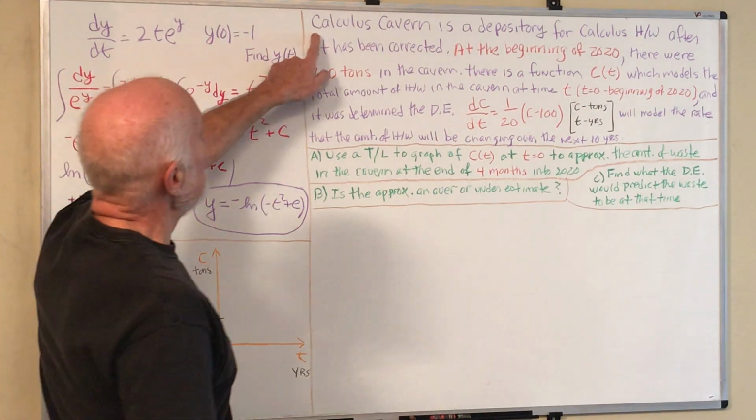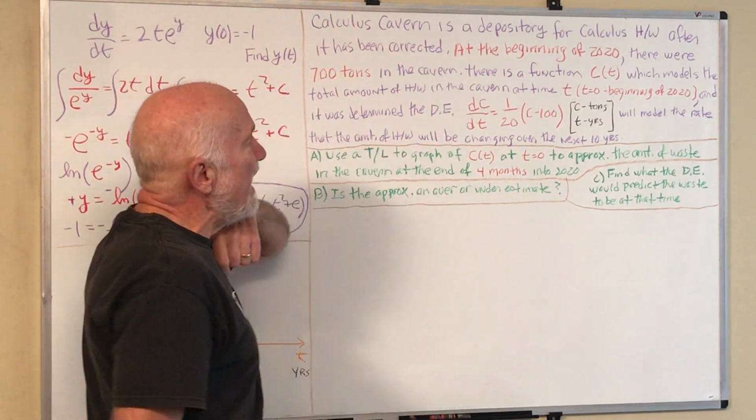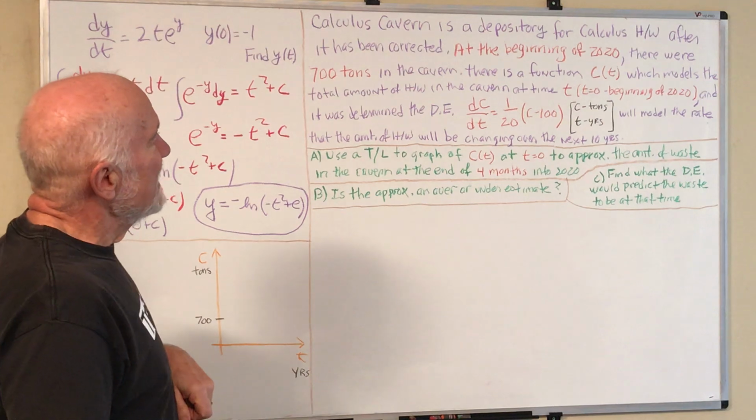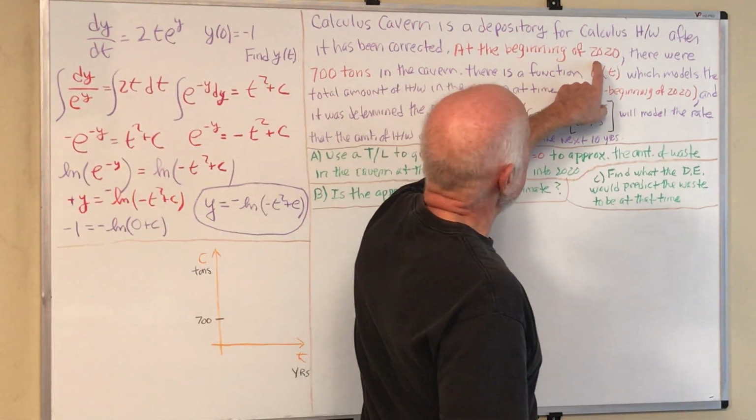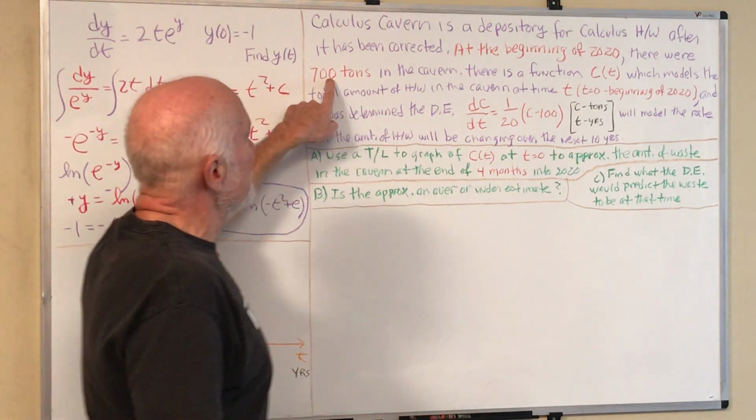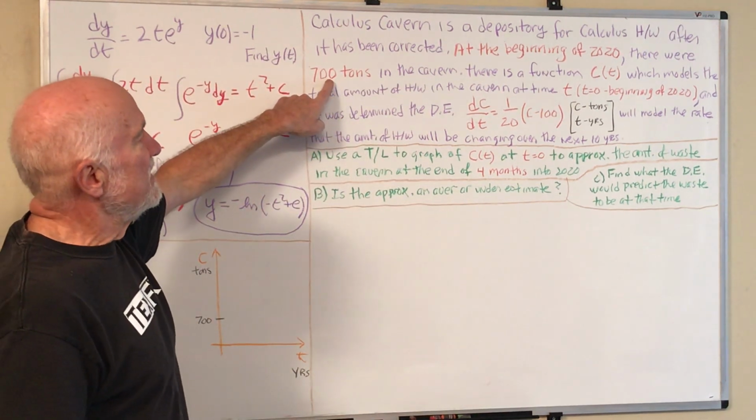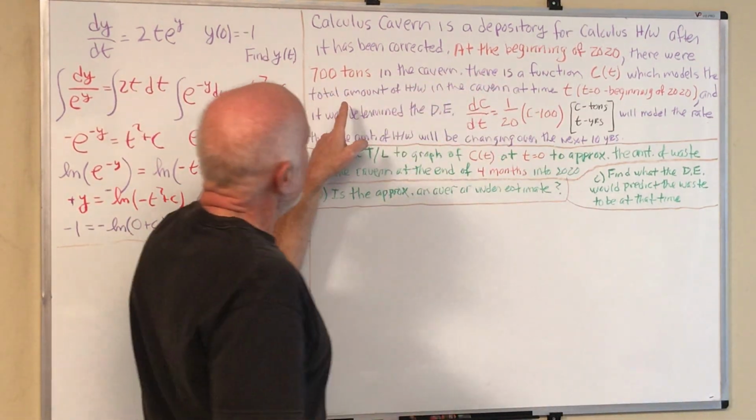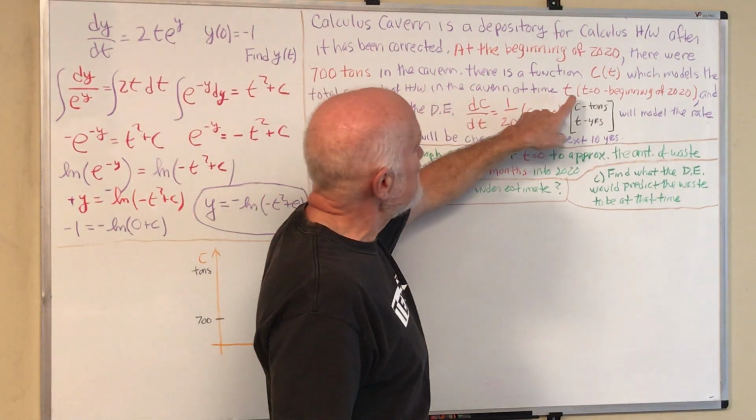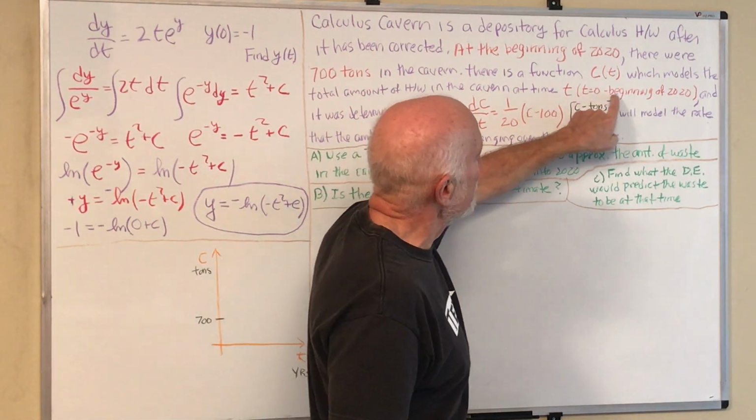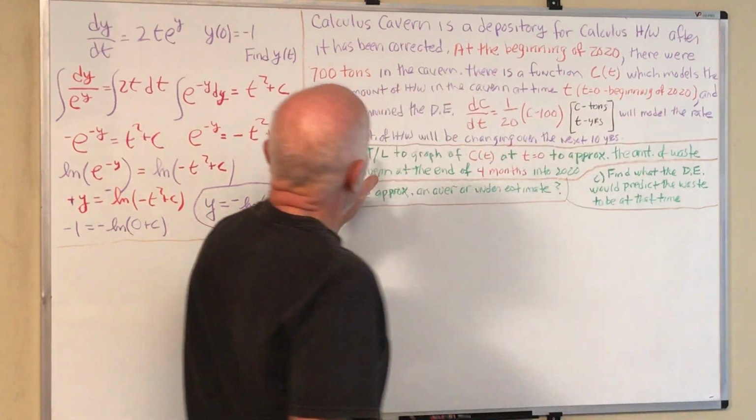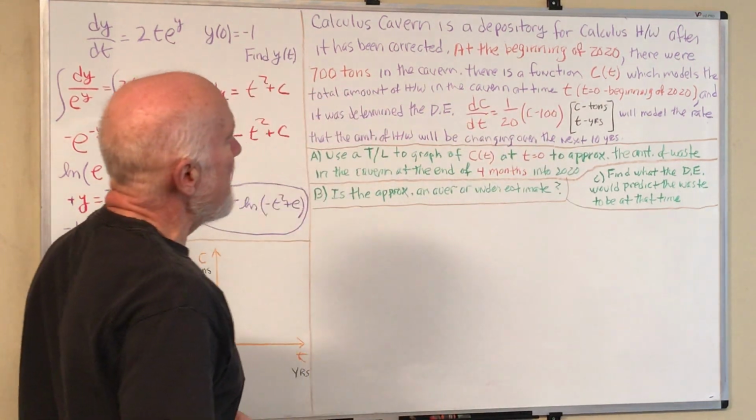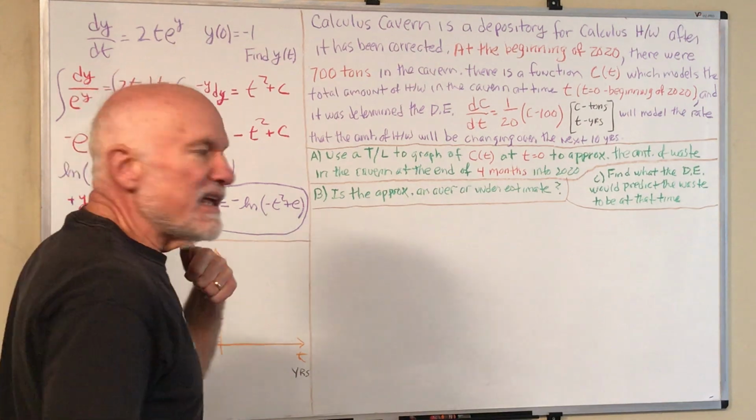So, I don't know if you know about it, but Calculus Cavern is a depository for calculus homework after it's been corrected. And at the beginning of 2020, there were 700 tons of homework in the cavern. And there is a function c of t which models the amount of homework in the cavern at time t, where t equals 0 is the beginning of 2020, and it was determined that this is the differential equation that models c